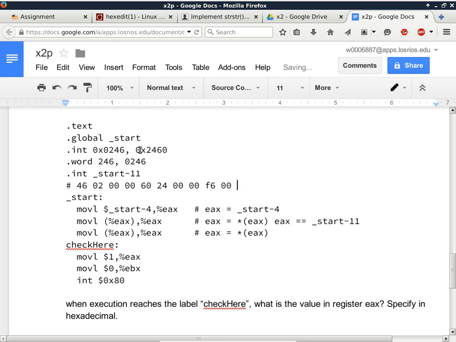Okay, the next number is 0246. The 0, because it starts with a 0 without an X, means it's an octal number. Okay, these are all standard C notation. It's not unique to assembly language programming. So with an octal number